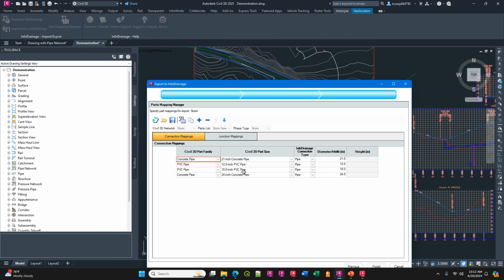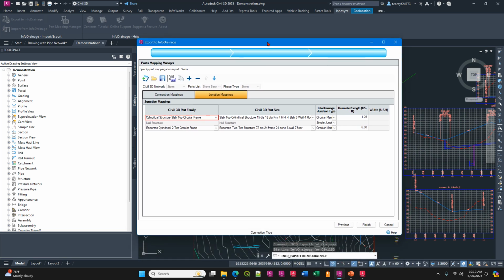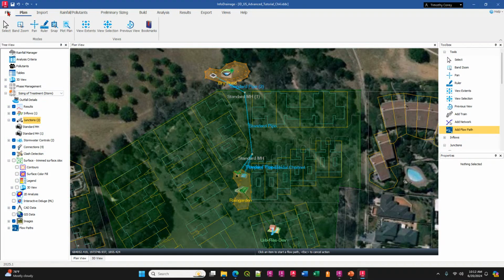Now we do some part mapping. So in Civil 3D, we're looking for a 21-inch pipe, which is going to match the InfoDrainage 21-inch pipe. Then we have a PVC 12-inch, et cetera. And then you do mappings for your junctions as well. Once you're ready, you finish, and it exports. So now you could go here to InfoDrainage,